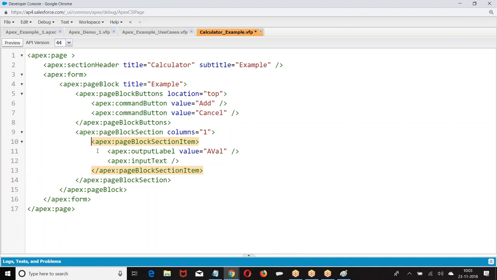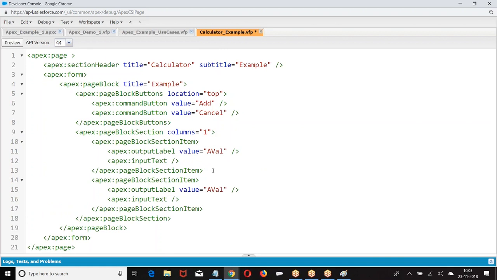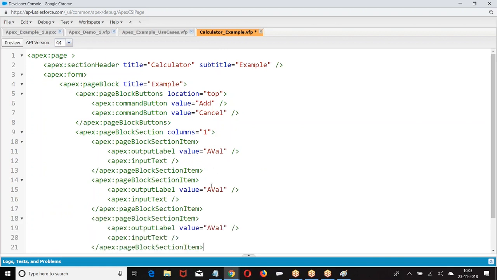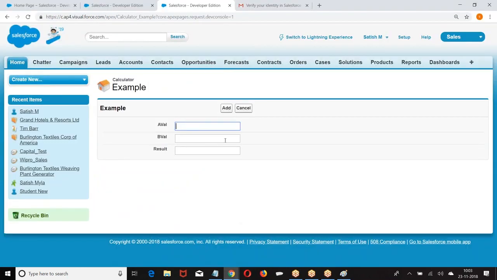So within the page block section item I have created one. Similarly, one more section item. Each section item is printed in one column. We got A value, B value, and result.